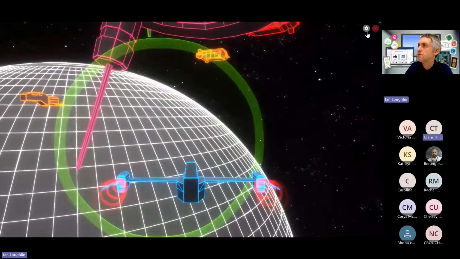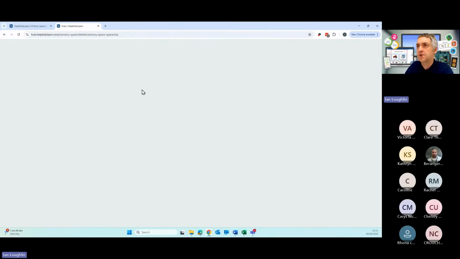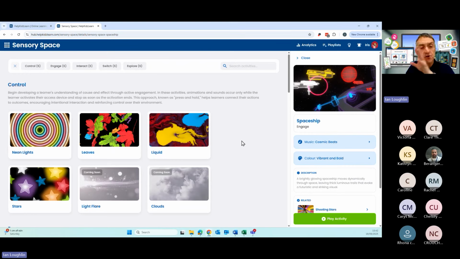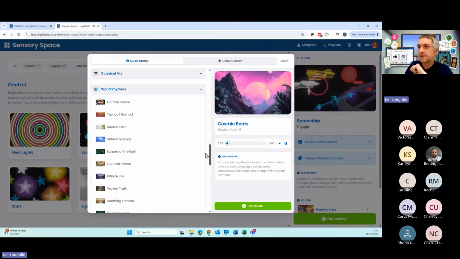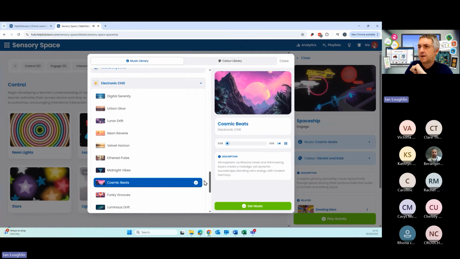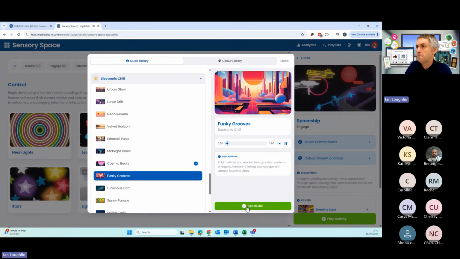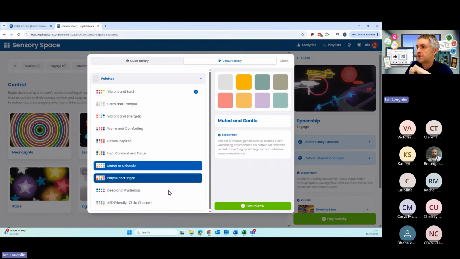Okay, let me just show you also what you can do on Sensory Space, which is quite unique to this service. You can change the types of music and colours on screen. So if I just click on music here, let's scroll down this list. We'll change it to this funky grooves, for example. Set music, and we can change the colours too. So if you wanted something a bit more muted and gentle,